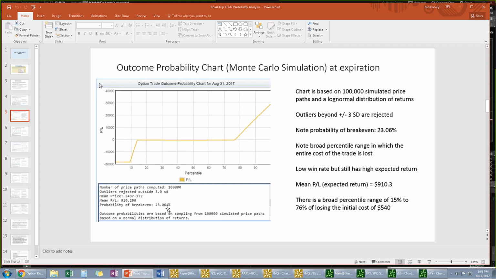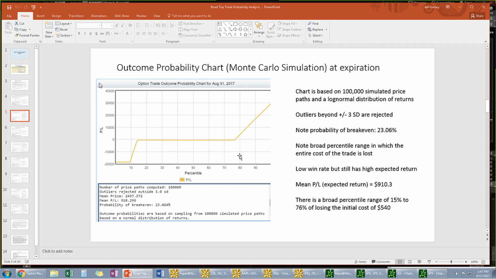And so that means that you're going to have a low win rate. And most of us are not going to want to accept the big drawdowns when they did occur. They won't occur too many times, but they will occur. Most of us are not willing to accept that. This actually does have a low probability of break even, and you can see that because on the x-axis, this